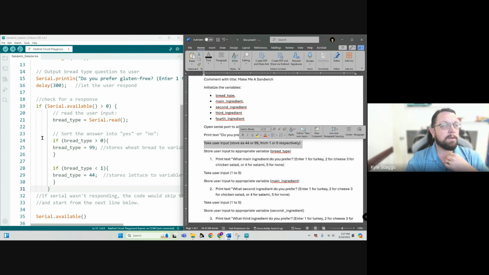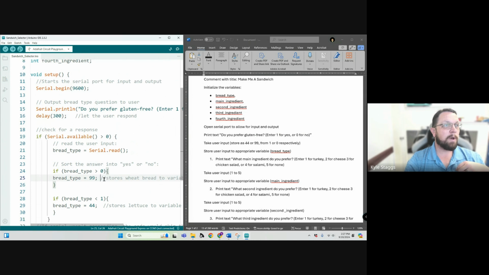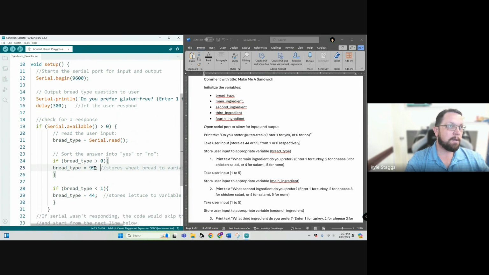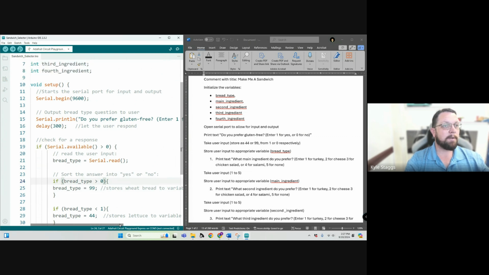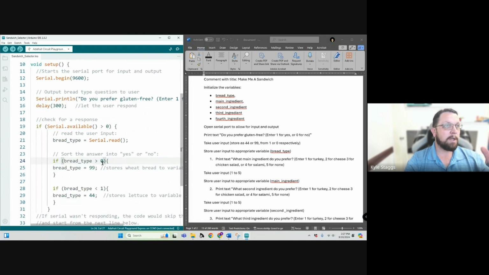So this first starting point, I have them enter 1 for yes. Actually, the way I have this set up now, I have to reverse it. So enter 1 for yes for gluten-free. That means I have to switch these directions. So if the bread type is 1,